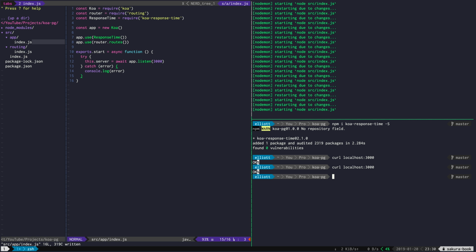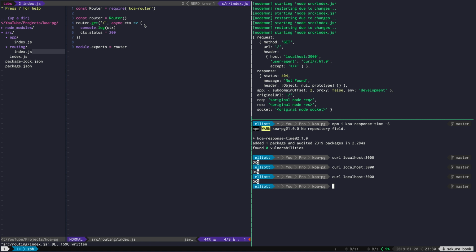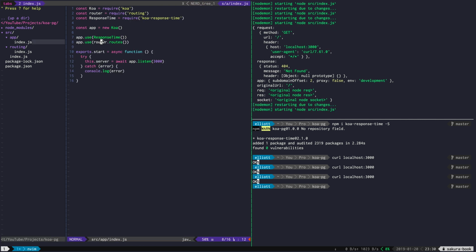So if we check out the routes itself, let's add a console.log here. Well, you probably won't see anything, which leads me on to the next piece of middleware we actually need, which is some logging. So this piece of middleware, if I just check the documentation very quickly, let me load it up. I believe what it does is